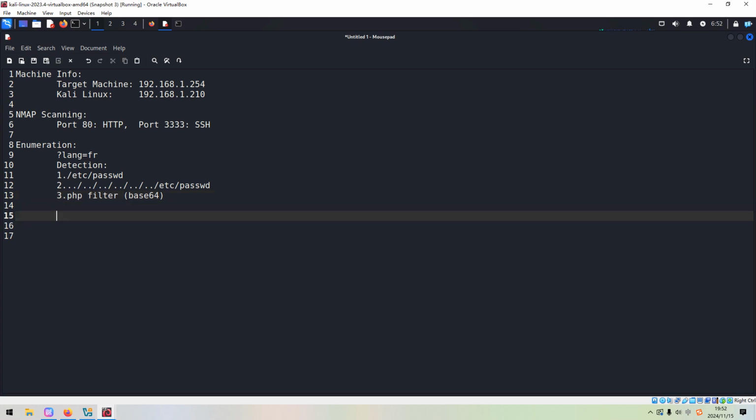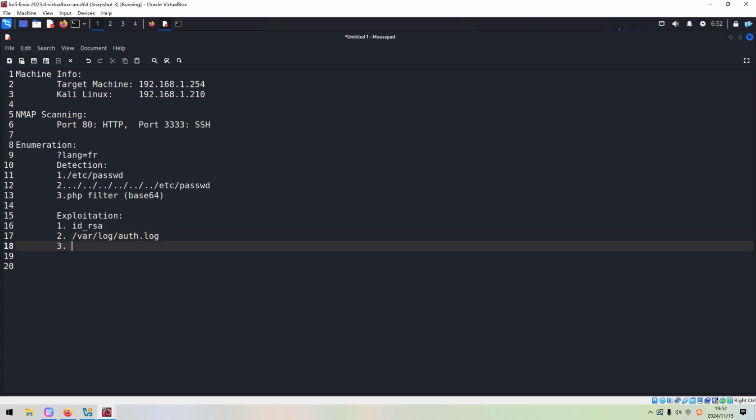And if we can confirm the target is vulnerable to this type of vulnerability, then for exploitation, we can test to access the private key, and also we can try to access the log file. And if not, we can also try to access something like the Apache 2 access log.